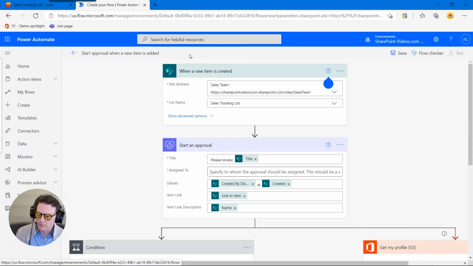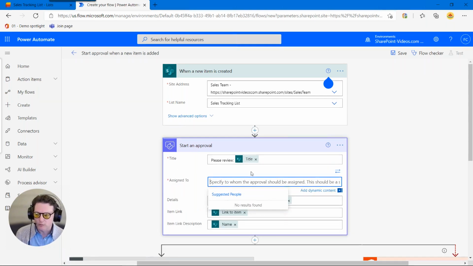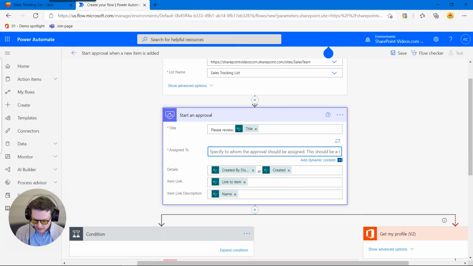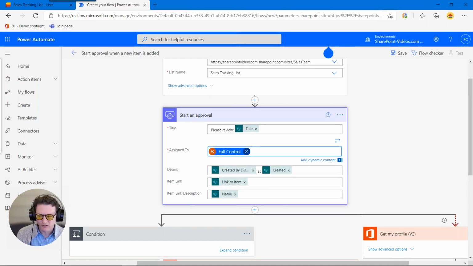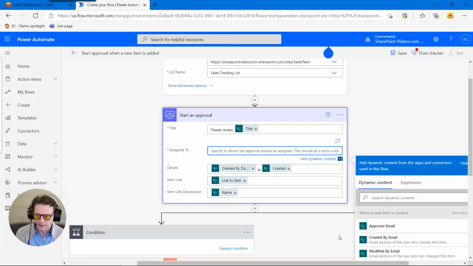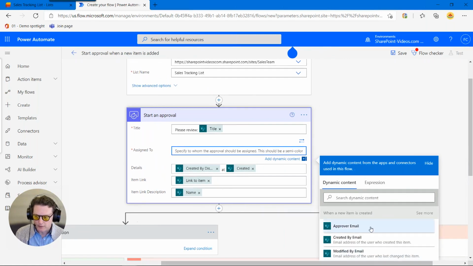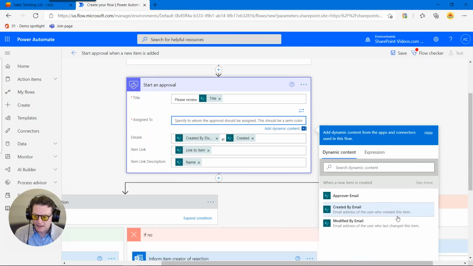So every time a new item here is created, it's going to start an approval process. It's already filled out some basic things. The only thing that's left is who I want to be the approver. So you could type in someone's name, like I could just type in the idea of full control, and do it that way. Many times in an approval process, though, it's not always the same person. You want to look that data up. So instead of typing something in this blank, I can choose to add dynamic content, and I get a little pop-up over here on the right where I can pick from any of the valid data that comes before this action,